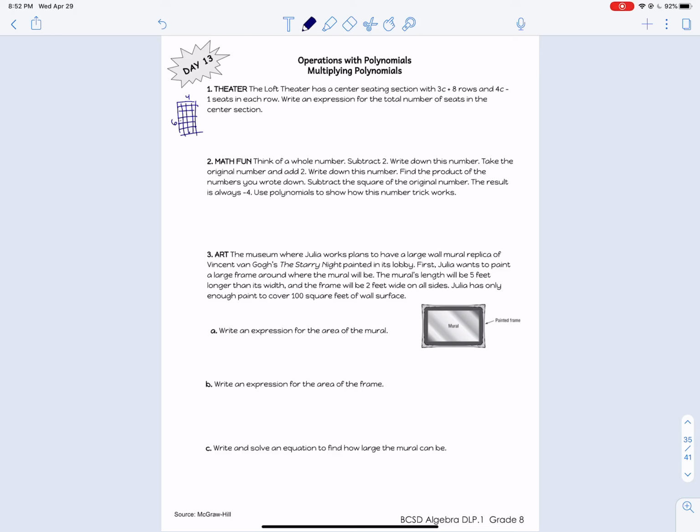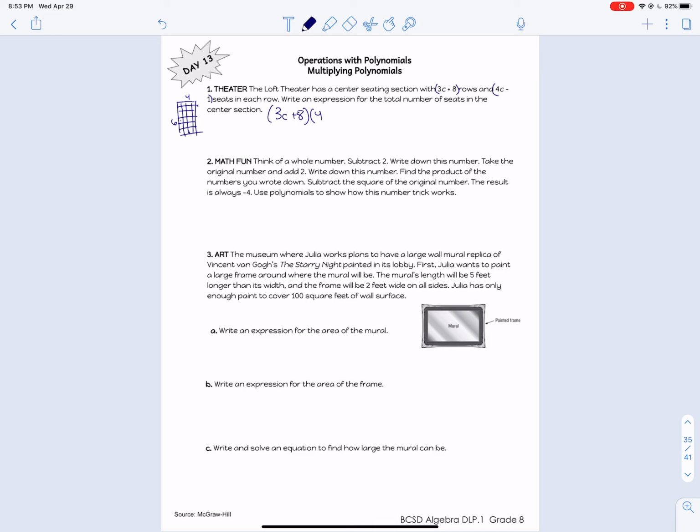So how do we do that, right? So think about that. Always try an easier problem to get the understanding of what to do and then apply it to the one with all the variables. Okay, so basically what we have to do is take this, that's the number of rows, times the number of seats in each row. Okay, so 3c plus 8